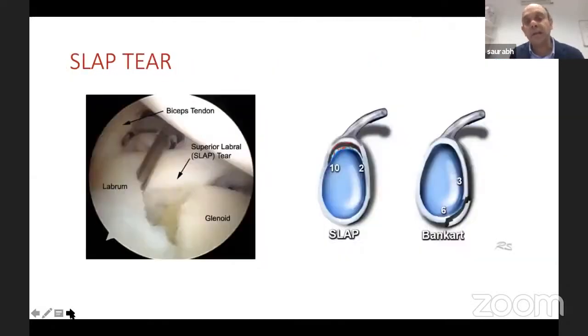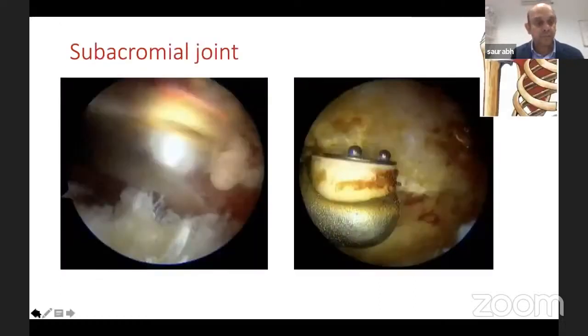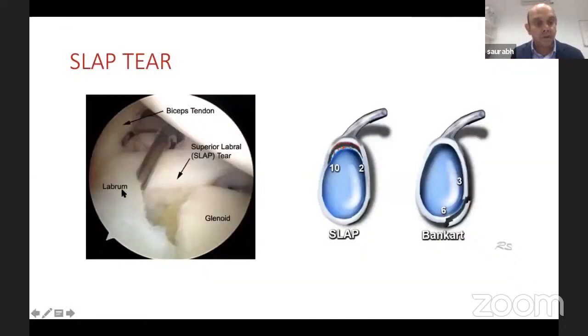So then if I take you to the next slide, again, this slide I've taken from Google, again, for the clarity. So this is what I was saying, superior glenoid, but when you probe it, see when there's a tear, there's a slap tear, how far back it goes, and you can lift it up. Unlike what we found in our last slide in the video. So you can see biceps, superior labrum, that's a tear, slap, superior labrum, anterior, posterior. So this will be anterior, this is going to be posterior.